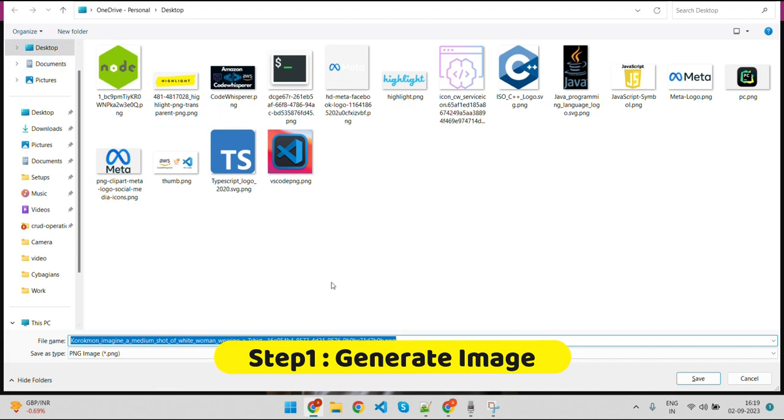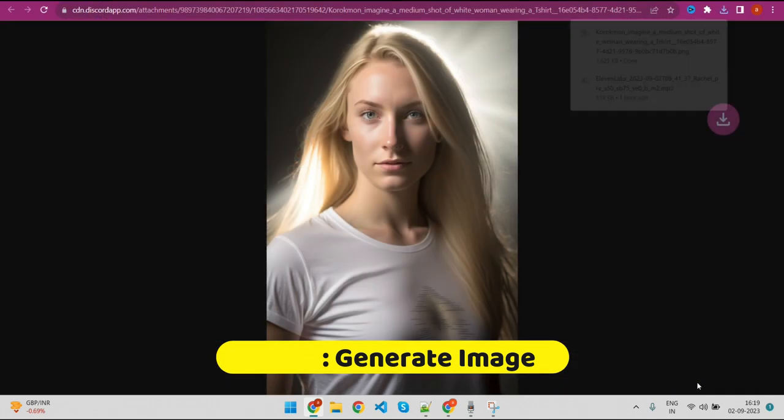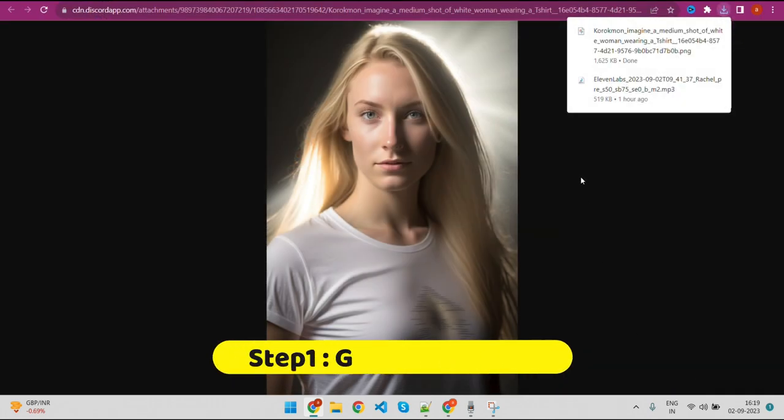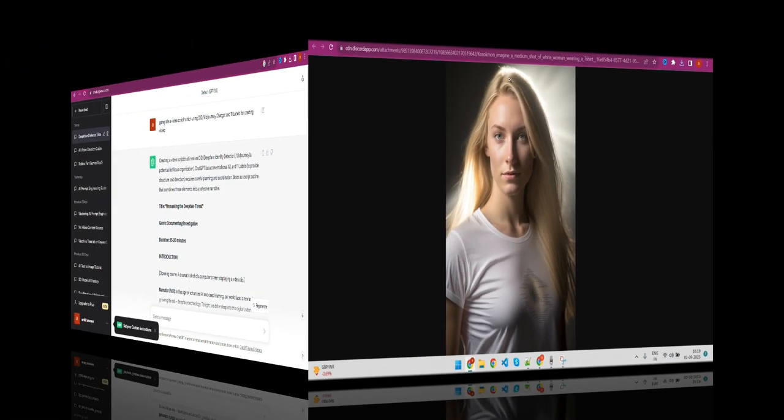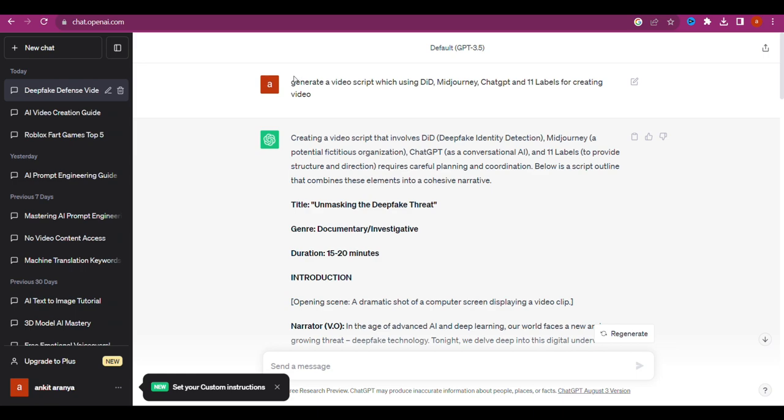We can easily save this image to our desktop. So this is step 1, in which we want the image, and we got it. Let's move ahead to the second step. So we have just given the query to